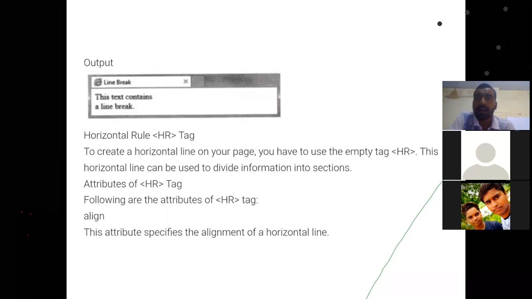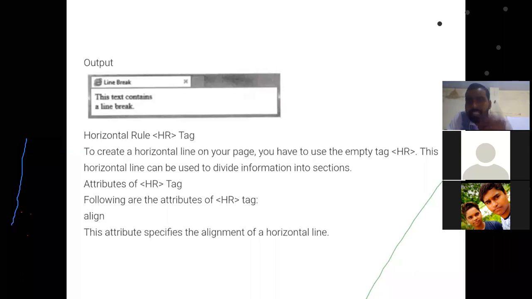If you want to separate some part of the text, in between you can draw a horizontal line with the help of the HR tag. And the HR tag is also a non-container tag, or you can say an empty tag.